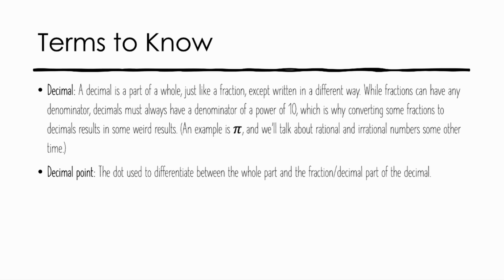So the whole parts of the decimal are basically your ones and tens. They're your integer parts of the decimal. They're the whole numbers. So it's like a mixed number. When you have a mixed number, you're basically adding a whole number to a fraction. Here, you're adding a whole number to a decimal. And when you do that, they're always separated by the decimal point. And without the decimal point, you can never know that a decimal is a decimal because the decimal point defines what a decimal is.